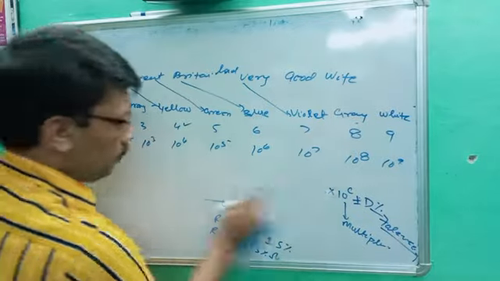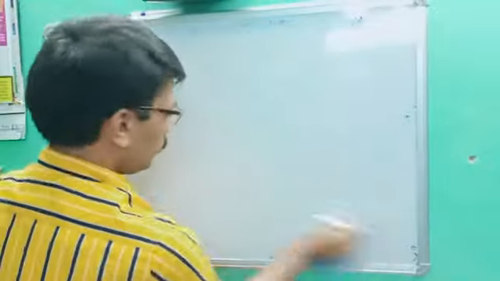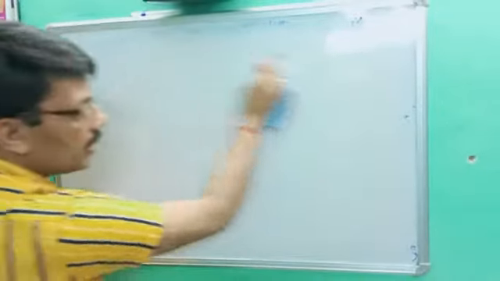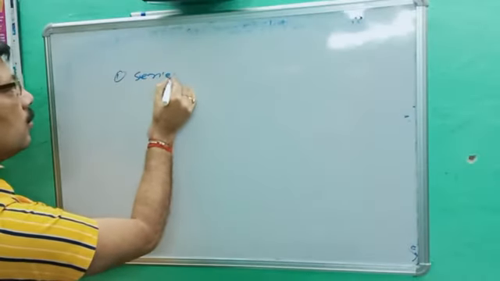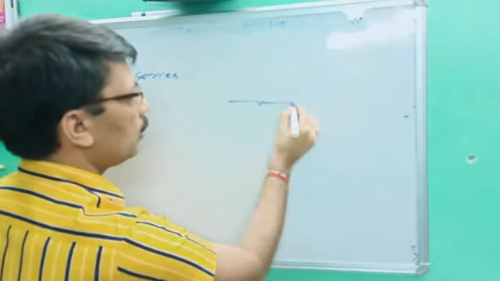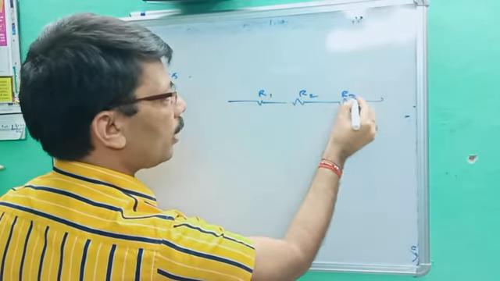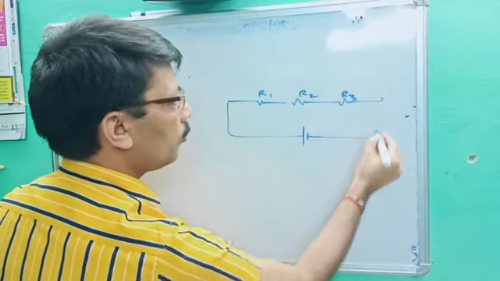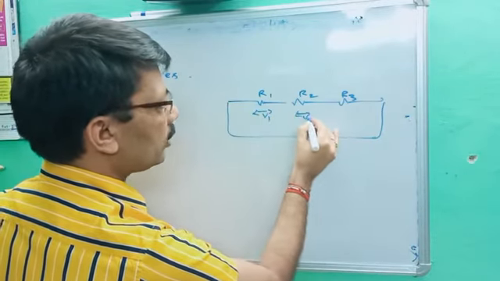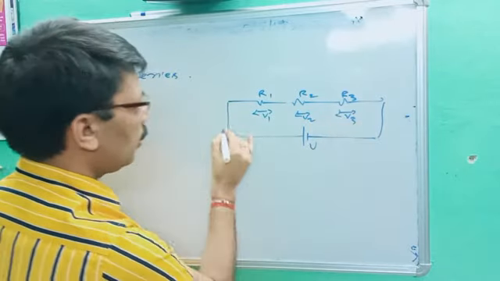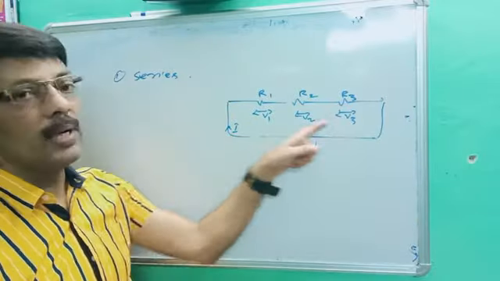Okay. Our next topic is combination of resistance. You better know, I already taught this in class 10. There are 3 types of combination. Number 1, series combination. If these resistances R1, R2 and R3 are combined in series, very easy. The applied potential V is divided into V1, V2 and V3, but current remains constant. In series, current will not change while potential will divide in a ratio.